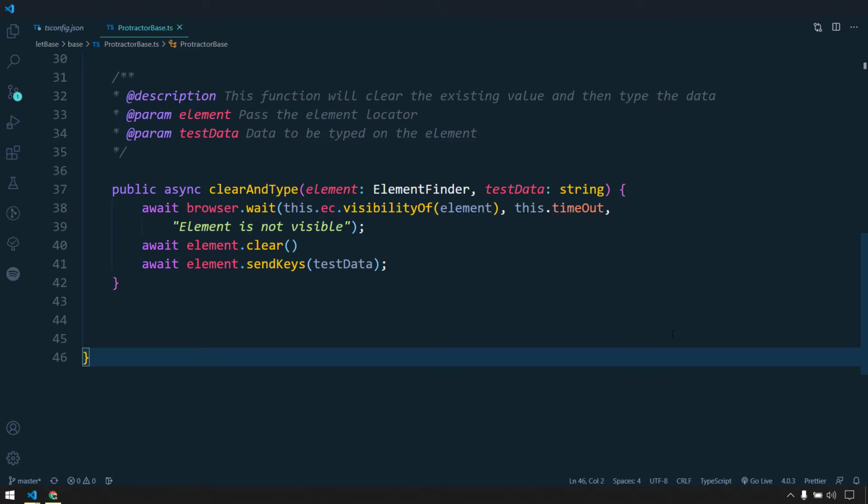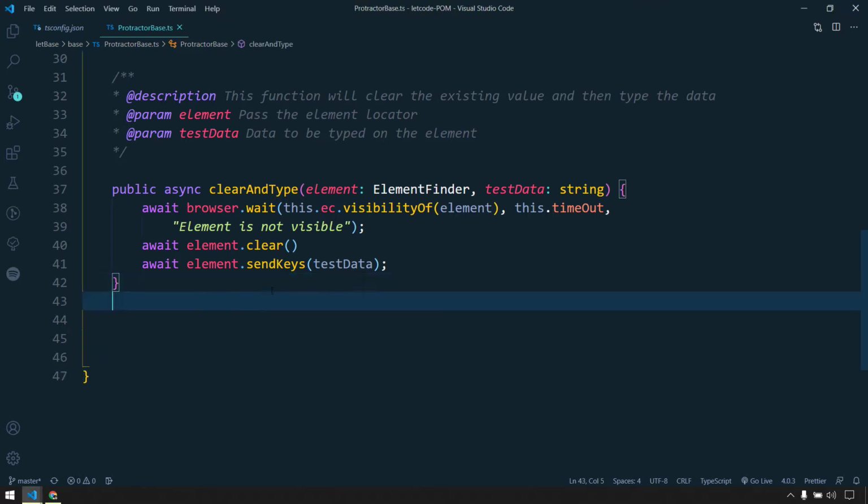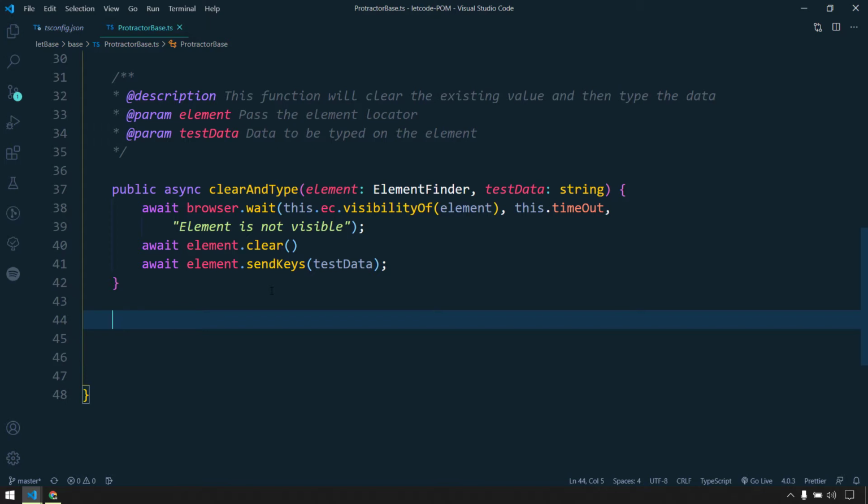Now, just to keep it very simple and give you an idea, I'm going to write three functions. One is to assert the text, whatever the text we are expecting, we can pass that. And then we have to check if the element is present or if the element is displayed, all that stuff, right? So first, almost every time we do the text assert, right? For example, when a user logged in, we have to check whether the logged in user is there or not, right? So I'm just going to make it very simple, and the name is going to be assertText.